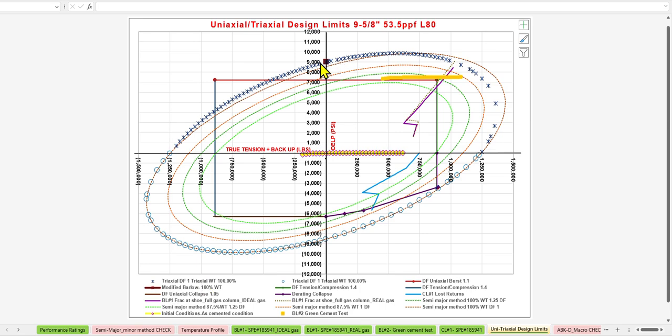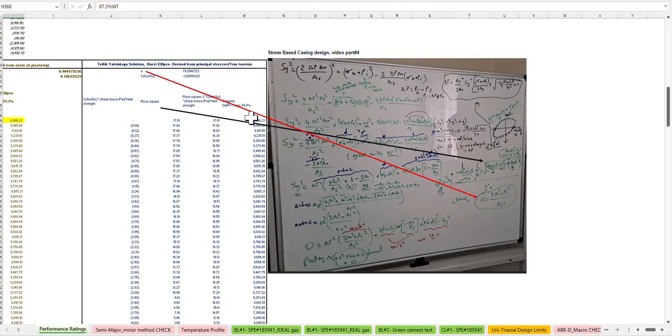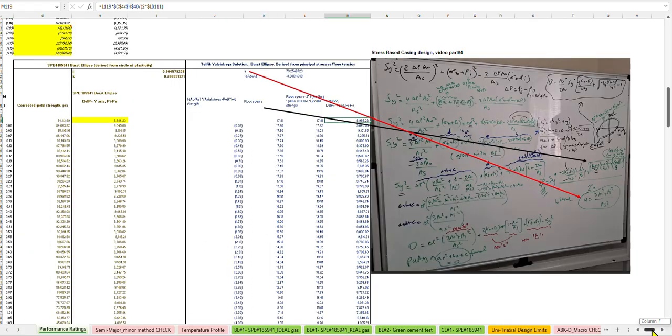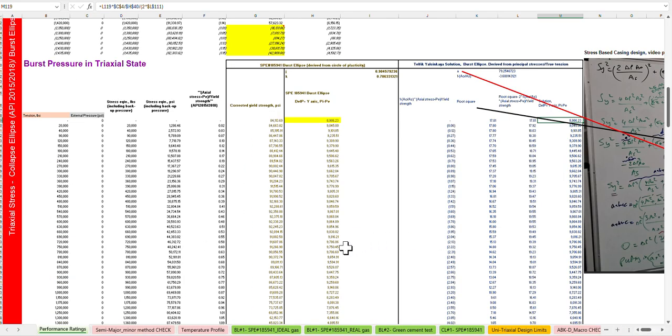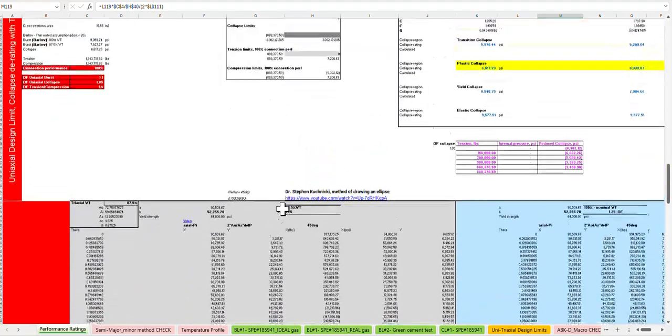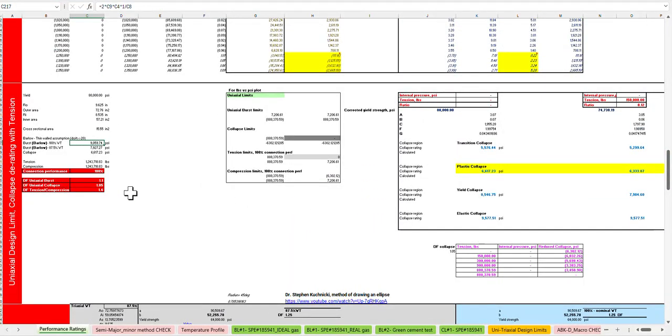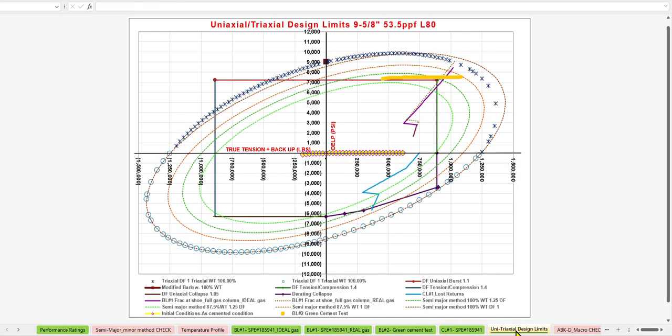So they are not exactly the same point. If you look at the number, it's 86 psi in the burst, and then 100% Barlow is going to give you 9059 psi. So it's not exactly the same, but they are roughly intersecting at the same point. With the semi-major and minor methods, as I mentioned, the bottom part falls into an identical regime as